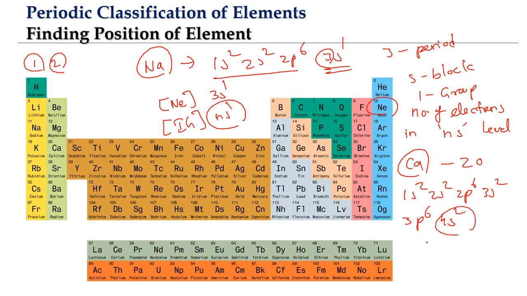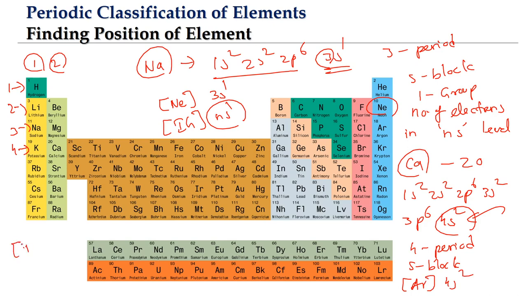So the valence orbit is fourth orbit. So it belongs to what? It belongs to fourth period. We can check it. So where is calcium? This is the first period, this is second period, third period, and fourth period. Okay, and the last entering electron is entering into 4s subshell, which means this will be an s block element. And for the second group elements, like in this case of calcium, it will be argon 4s2, means it will be inert gas ns2.